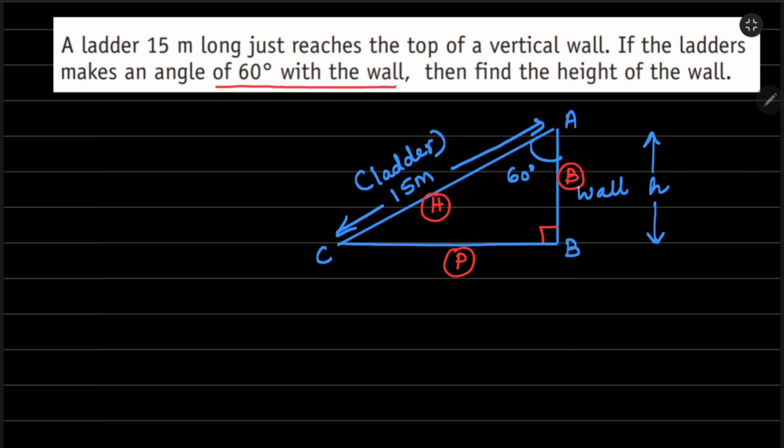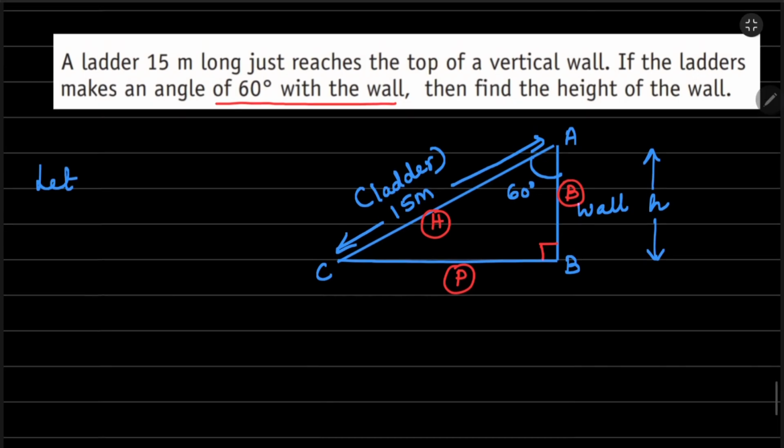So which is the trigonometric ratio which relates base and hypotenuse? It is cos, right? Cos theta is equal to b by h, base by hypotenuse. So let's write that. But before that, when such questions are asked in your exam, what should you write? Let AC be the ladder of length 15 meters. This is how you have to write. And let